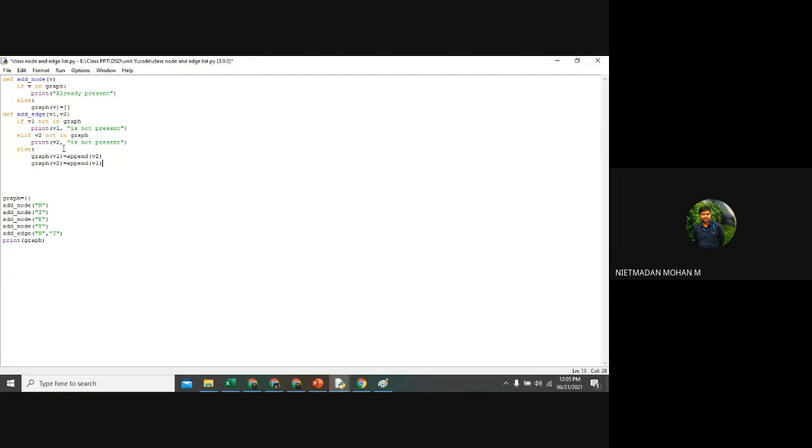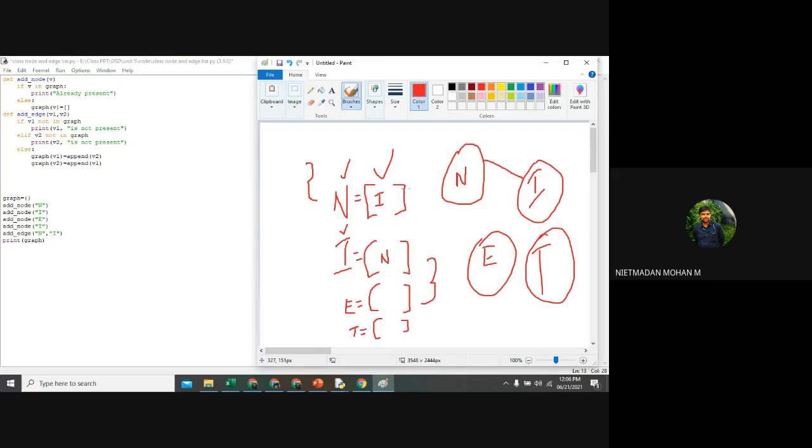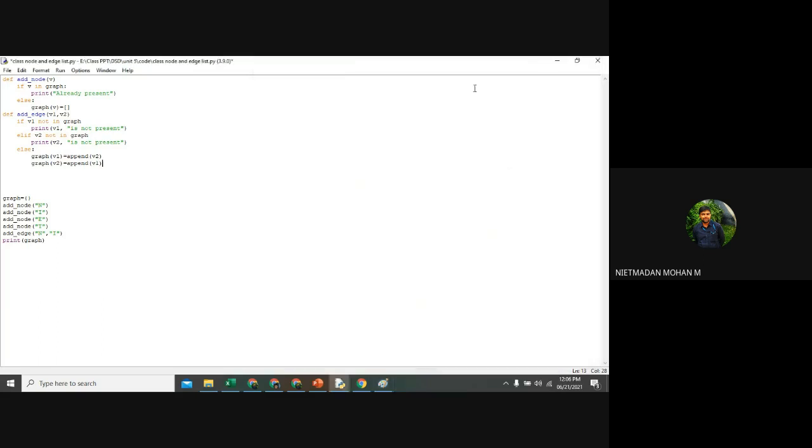So the graph of V1 appends V2, and the graph of V2 appends V1. Here you can see this is my V1 and this is my V2. So that is the simple technique for adding an edge in a graph.